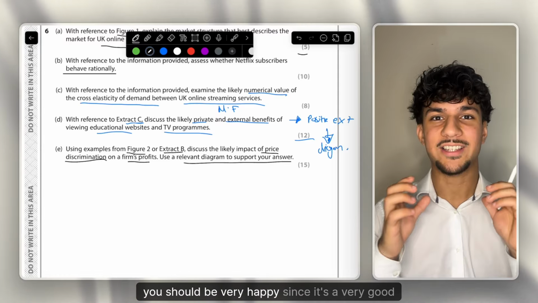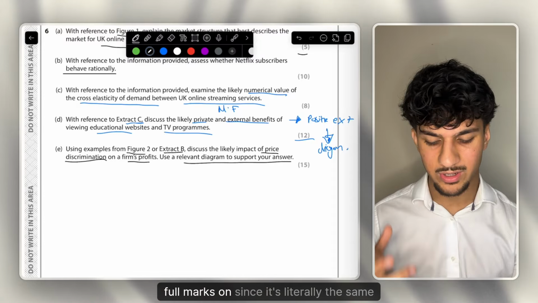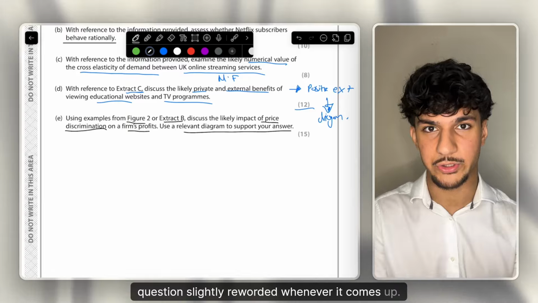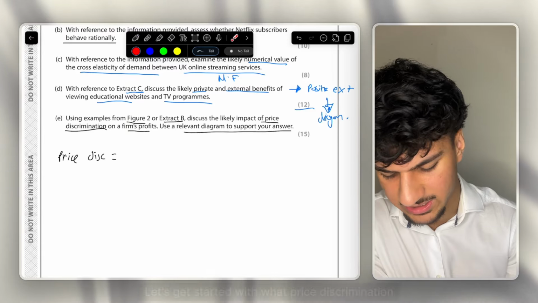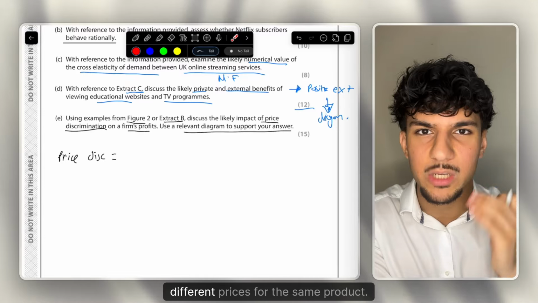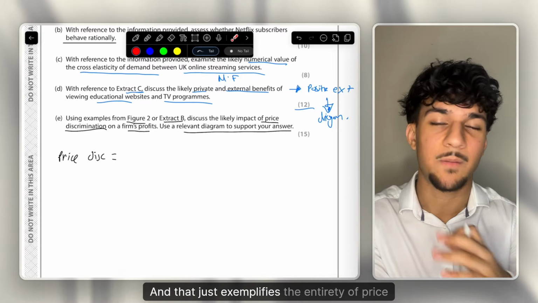You should be very happy, since it's a very good question to get and a really easy one to get full marks on, since it's literally the same question, slightly reworded whenever it comes up. Let's get started with what price discrimination actually is. It's where firms charge different groups of consumers different prices for the same product, and that just exemplifies the entirety